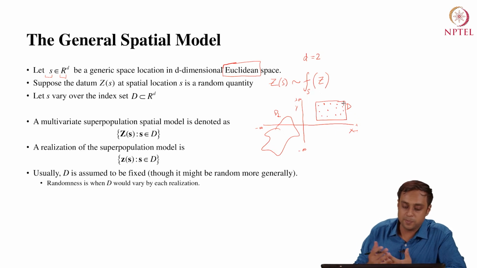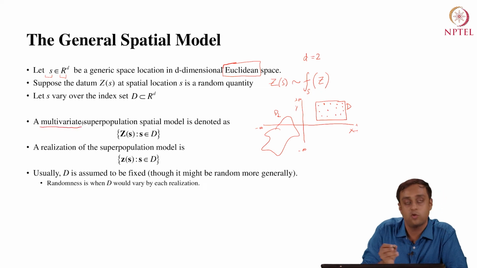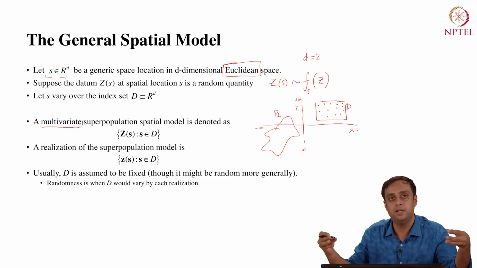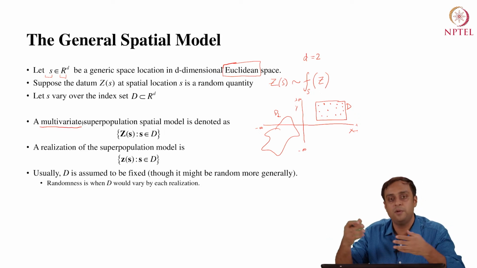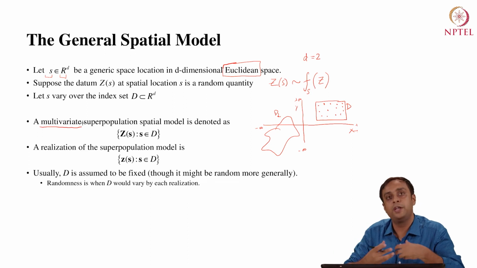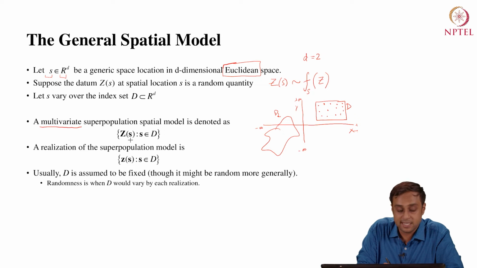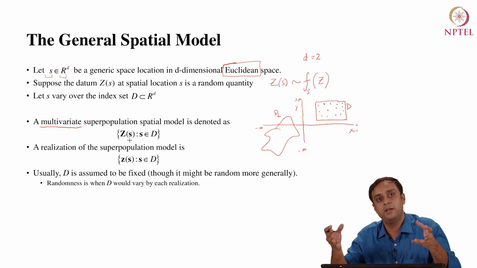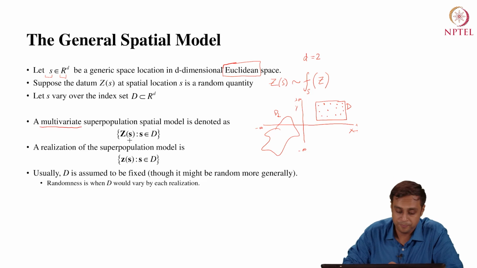Then a multivariate spatial model. So we have used the term multivariate. So we are going to work with multiple variables, and the variables that we have are random variables. So multiple random variables are going to be denoted in a spatial model as follows. You are going to have Z as a vector, in bold, given with the index location S, which is itself also a vector, because it can be a two-dimensional vector or a three-dimensional vector, depending on what type of D-dimensional space we are in, right?